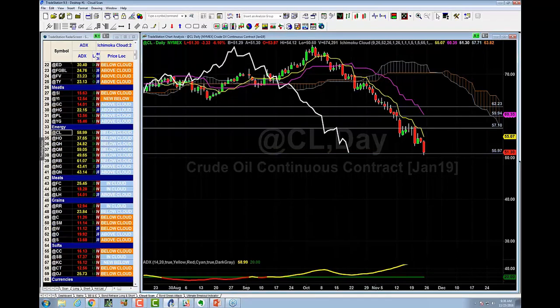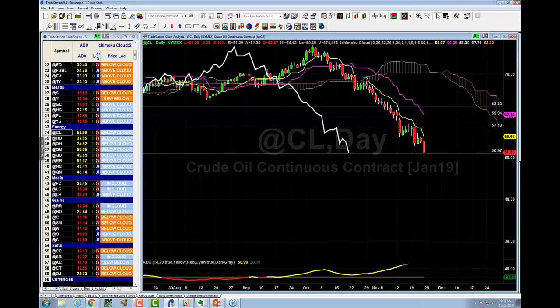Do I look at the ADX? I do look at the ADX, but I can't get into it because I only have so much time to talk about it. So I'm trying to just focus on one technique. I usually use the ADX as a filter. If it's above 20, I know it's trending. If it's below 20, I know it's non-trending, as far as a power gauge.